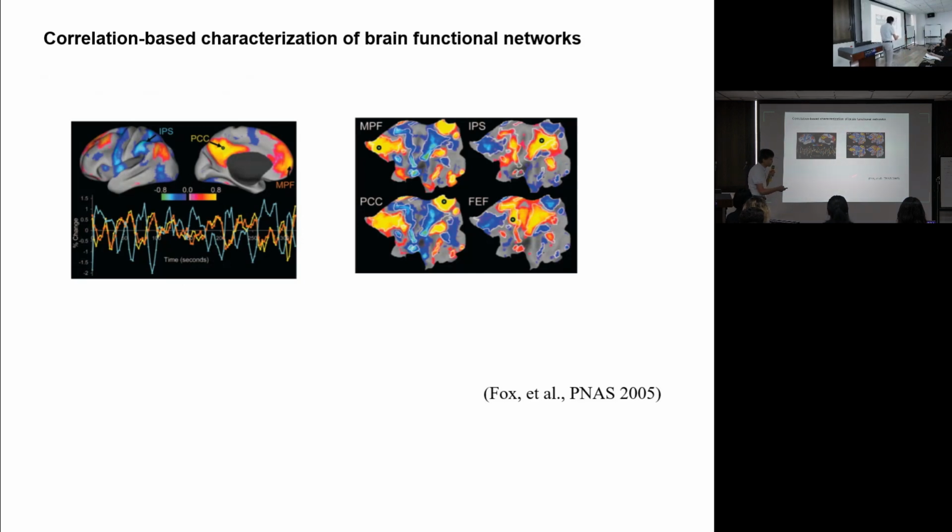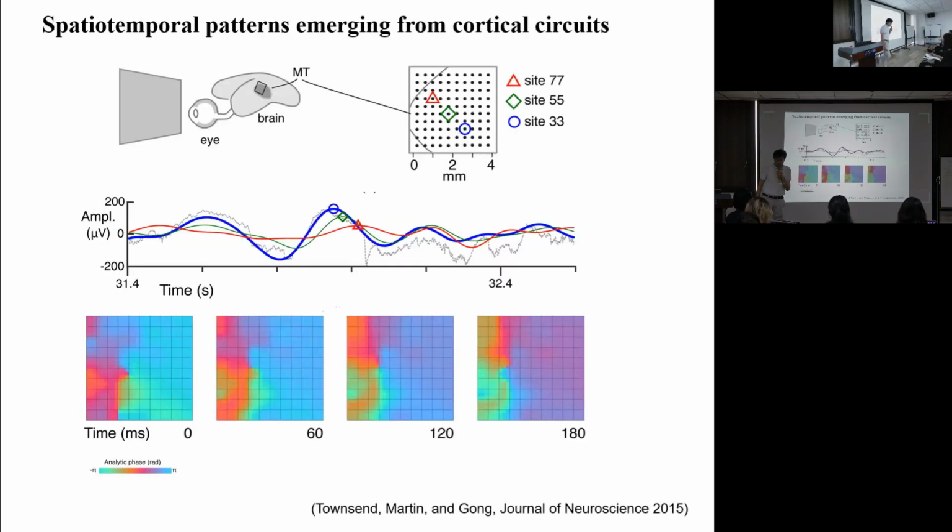This is one of the first papers on this topic: correlation-based characterization of brain dynamics. It is very popular in the neural imaging field, using zero-lag cross correlations. This paper alone has been cited 9,400 times up to now, which indicates that this is a very popular, dominant method to look at brain dynamics, human brain dynamics particularly. But when we look at the real data,